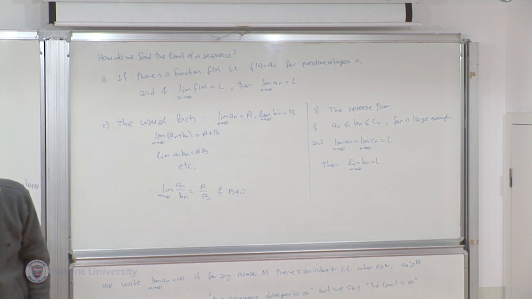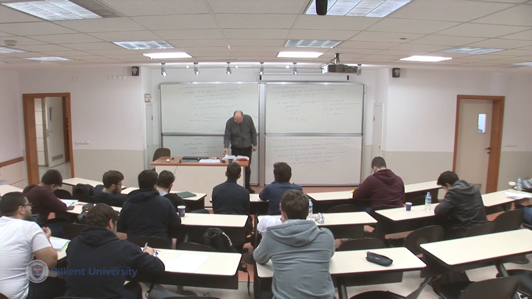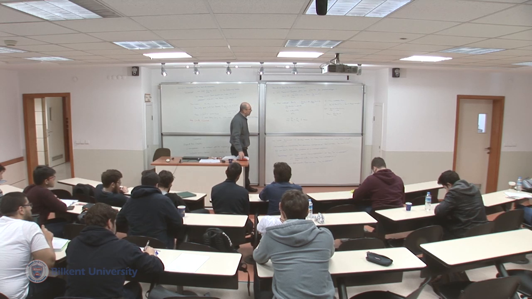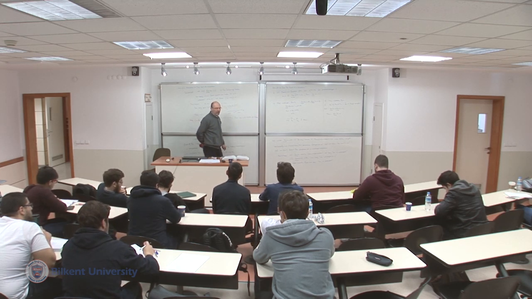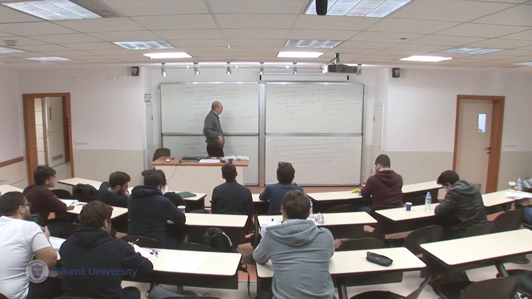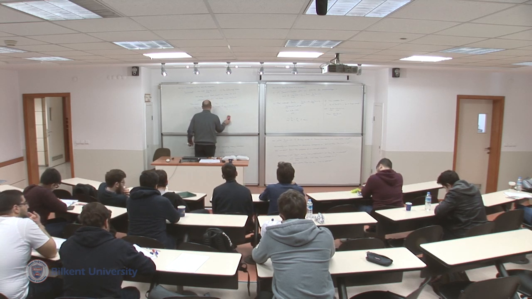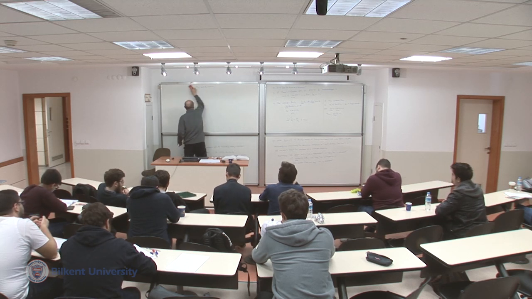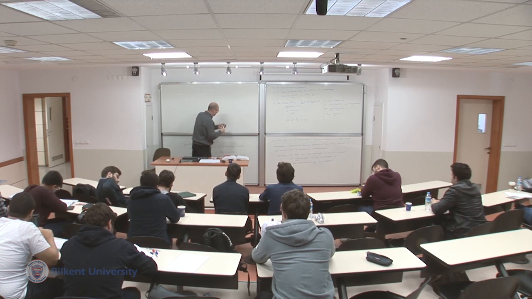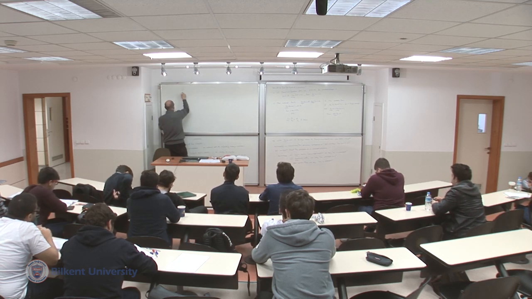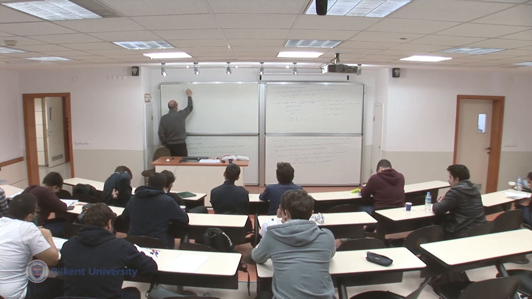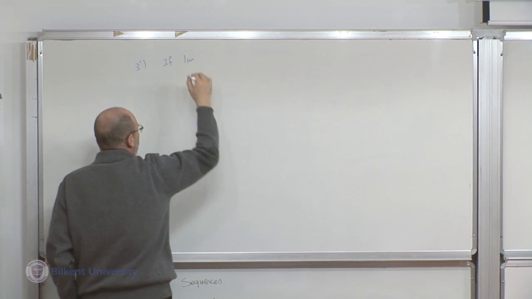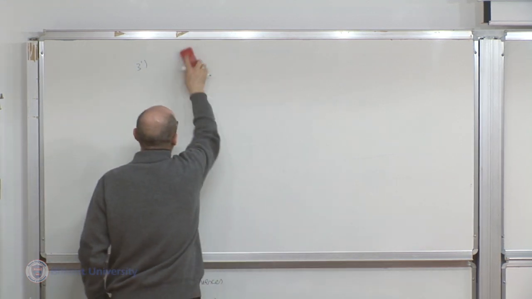Okay, so, and of course, an application of this is when you suspect that the limit is 0, and there are some plus or minus signs, you can get rid of that. That's an application of this. Okay, so this is 3, so let's say 3 prime. If limit, well, actually this is both sides. Okay, so let me say